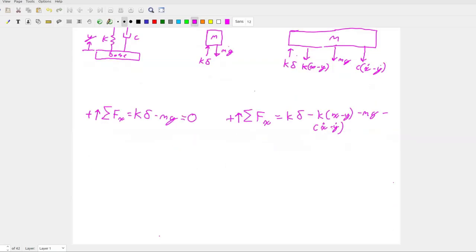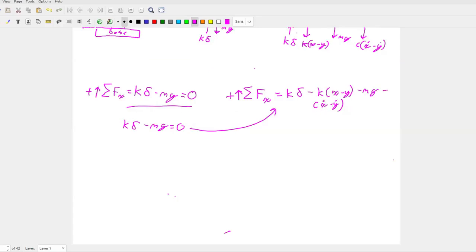So I know that this system, I'm looking for a free body diagram. So I'm just looking for sum of forces equals 0 and Newton's second law. And from this side, I can apply K delta minus mg is equal to 0. I can apply that into here. And a little bit of rearranging, I get